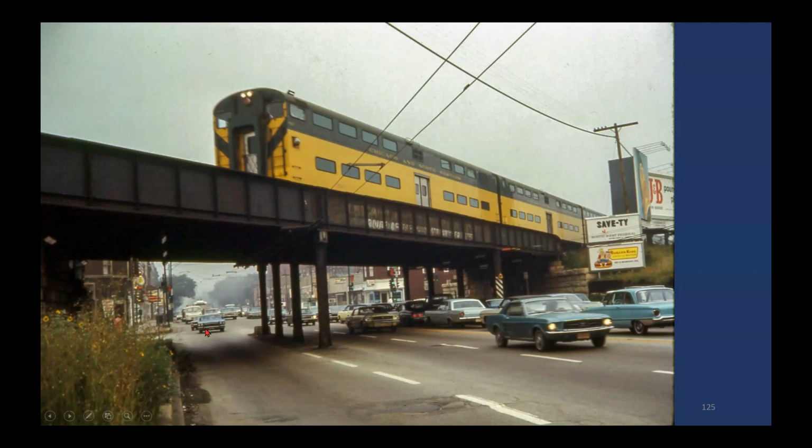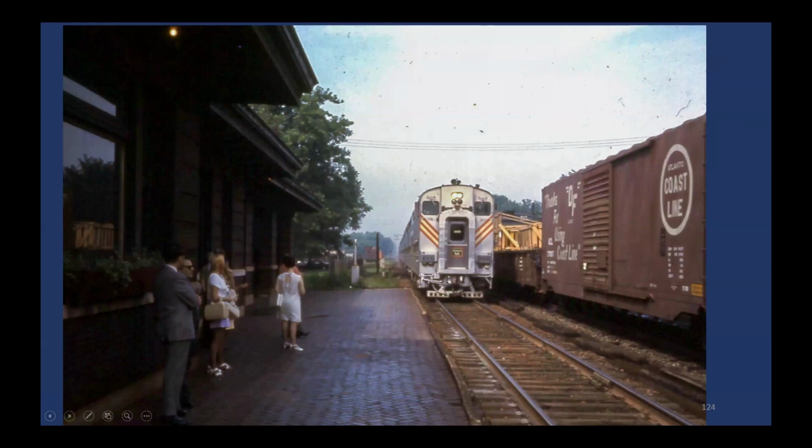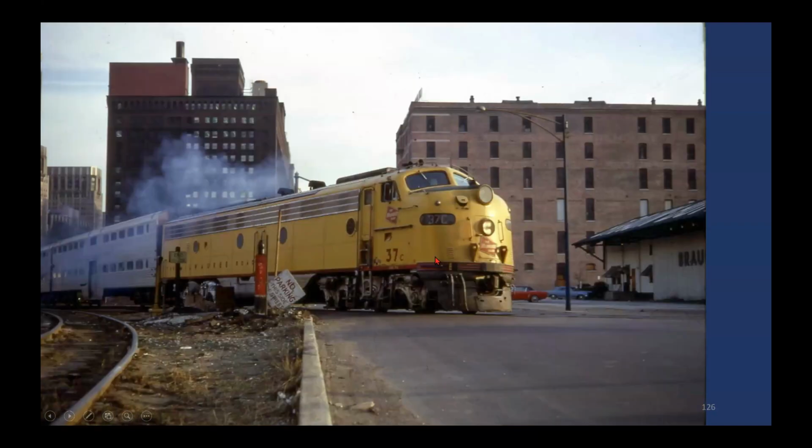You'll see an Irving Park trolley bus there in the background. So Burlington, then, it took until the early 1960s before the Burlington adopted the same configuration as did the Milwaukee Road and the Rock Island. The Milwaukee Road, then this brought us into the many colors time, I guess you could call it, of the